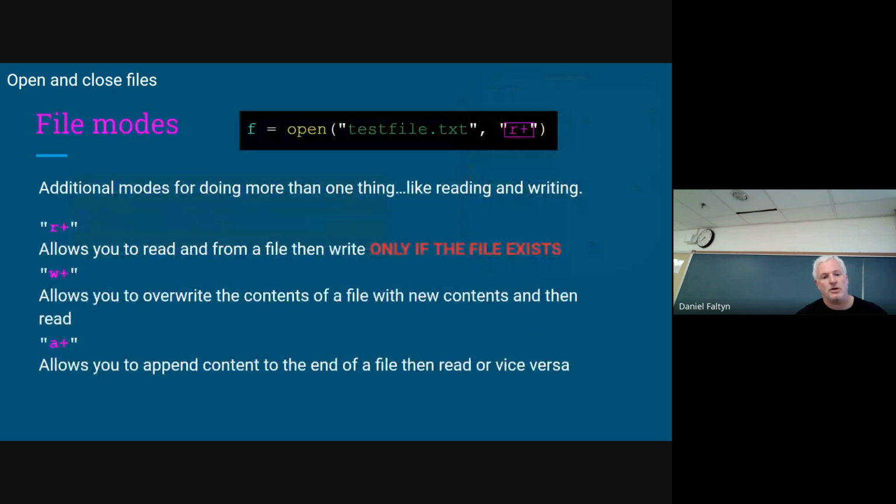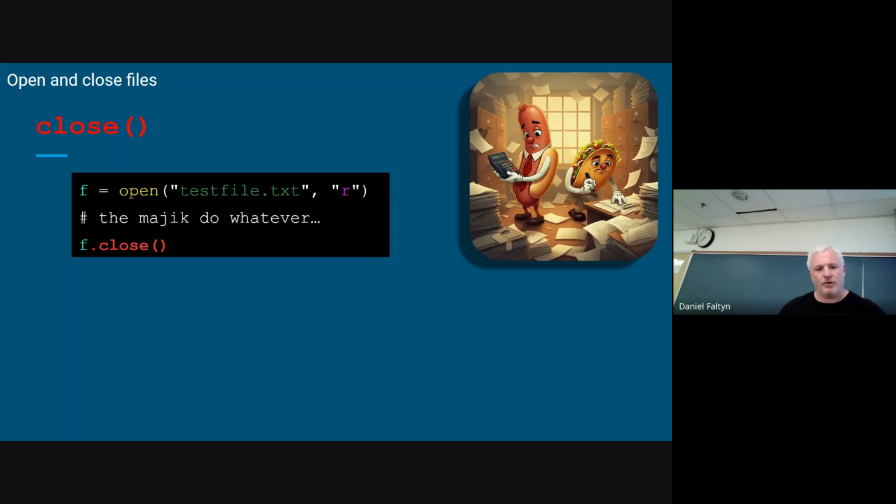There are additional modes, which in reality is what you use most of the time. You use R+, W+, and A+. Most times you don't just want to write to a file. You want to write to the file and then read it, right? Or you want to append to a file and read it. A lot of times you might do that for error correction. You as a human might want to know, hey, what I told the program to write, did it really write it? So we have these plus modes, which all fundamentally do the same thing. I have some details there, but this is what we generally will use.